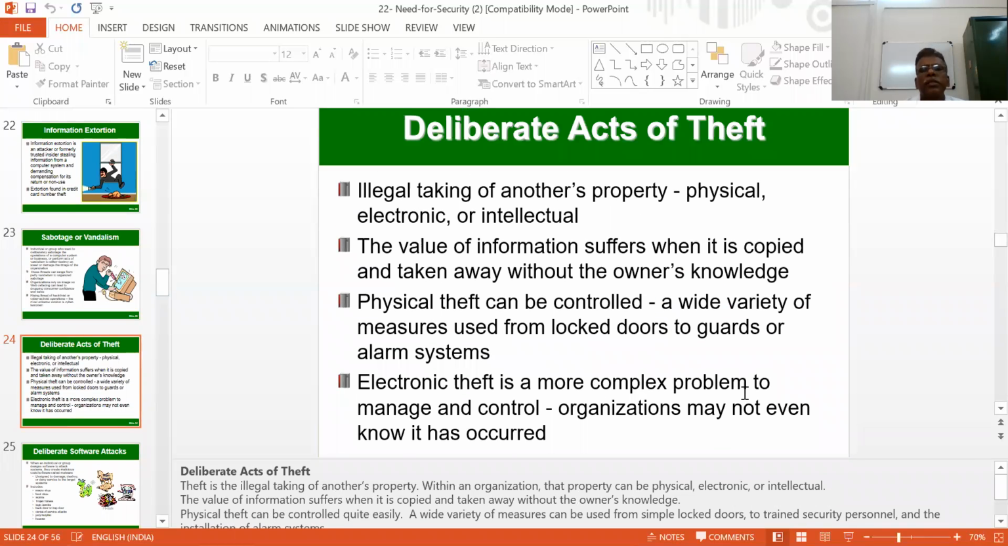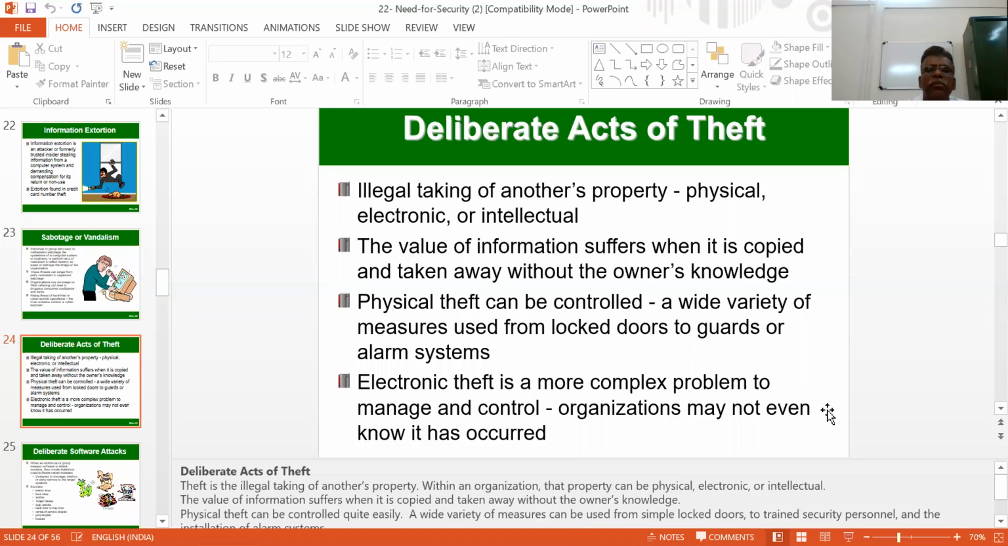And deliberate acts of theft. Correct? You can say that this is the illegal taking of another's property, physical, electronic, or intellectual. That's why, even though you have a complete CIA, confidentiality, integrity, authenticity, availability, authorization, even though we have that, illegally, suppose a property, especially in Bangalore, Mumbai, Kolkata, correct, now one property which is with